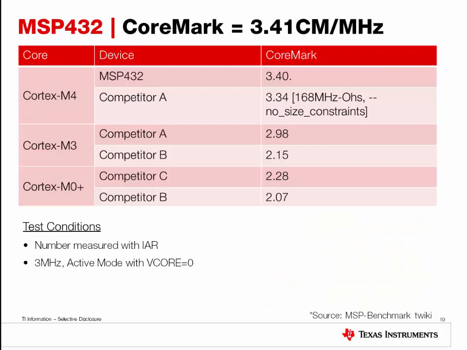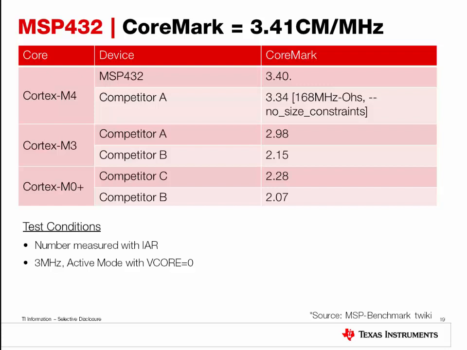Since MSP432 uses a standardized core, it would be good to measure its performance in a standardized way. The CoreMark is a standardized benchmark that is used to measure the performance of the processor core. The CoreMark was developed by the Embedded Microprocessor Benchmark Consortium, or EEMBC, to help system designers select the most optimal processors and understand the performance and energy characteristics of the systems.